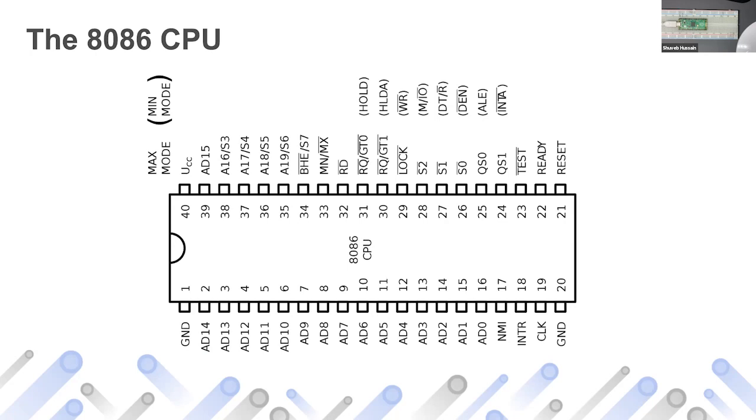To make a CPU work, you need a lot of other circuitry. For example, a CPU doesn't have any RAM, right? You would first have to connect a RAM and then take all the address and data lines and connect them to it. And then for input, you need to figure something out. For output, you need to figure something out. And in general, CPUs have very, very few interrupt pins. For example, you can see here there is a pin named interrupt, and it's a single pin.